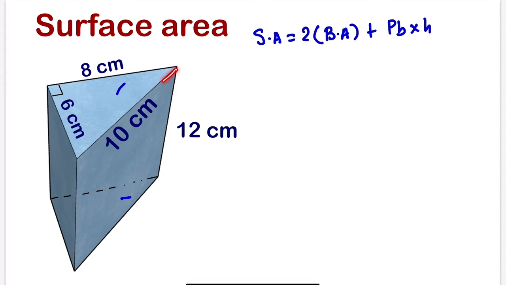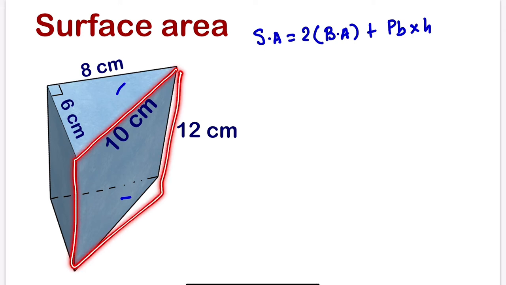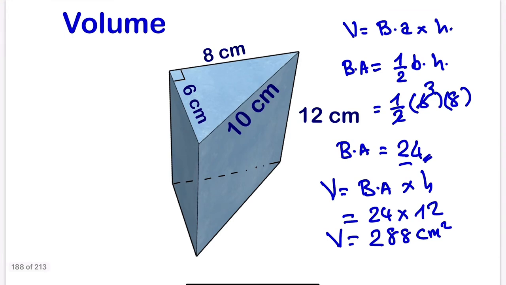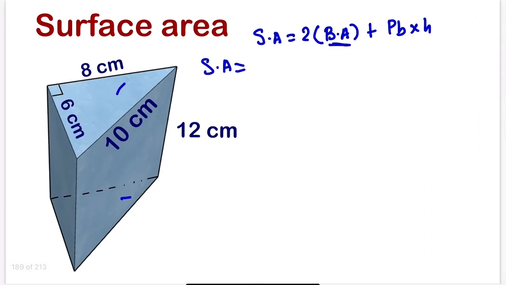Again, if we need to look for the area of this side, you can see that the height will remain 12. The area of this, the same, the height will be 12. And the area of this other part, we're going to have 8 times 12. But doing it using this formula is faster and more accurate. So surface area will be equal to, we calculated the base area of one base before, and it gave us 24. But in this case it's 2 times because we have 2 triangles. So we are going to have 2 times 24